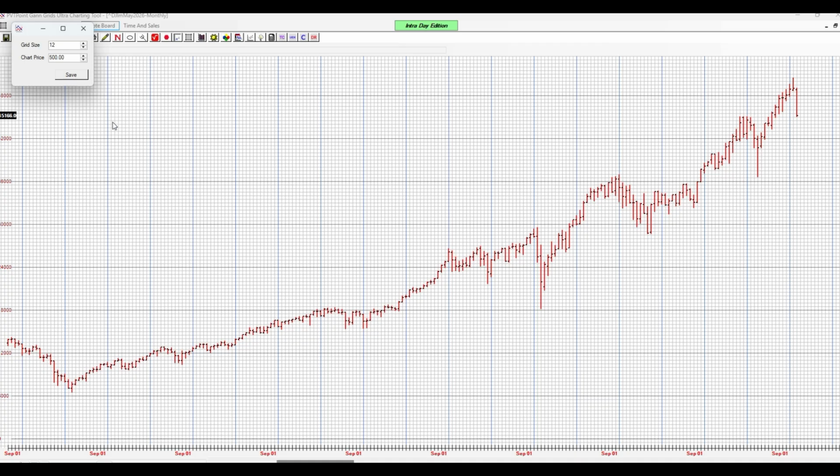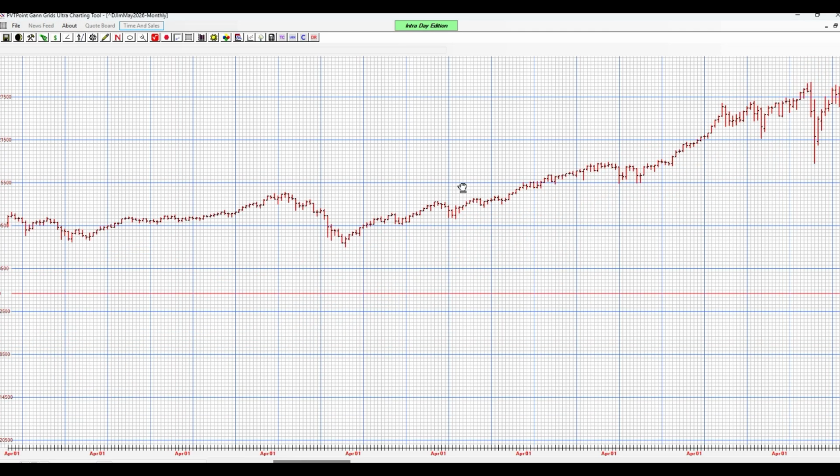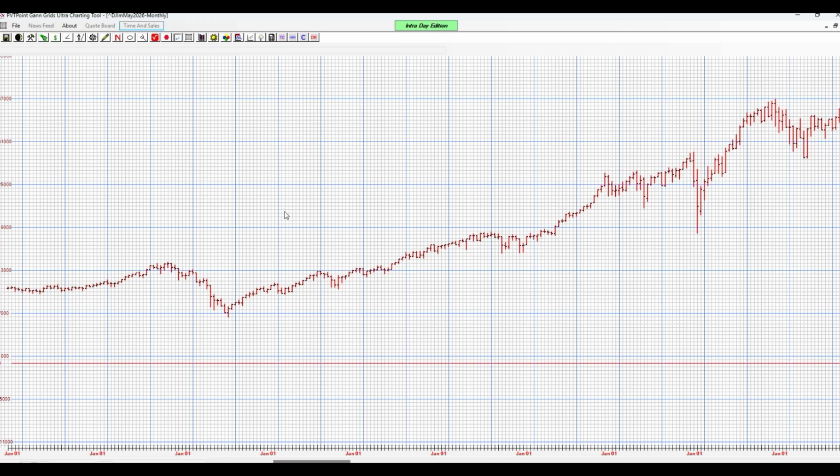size of 12. So there's 12 by 12 in the grid, and each grid is 500 points. Since the Dow is at 50,000, basically you can get a good chart highlighted with this particular ratio. Grid size of 12 and a chart price of 500. So now, this chart goes all the way back into 1992, but we're going to basically start on the last major swing low, which was in